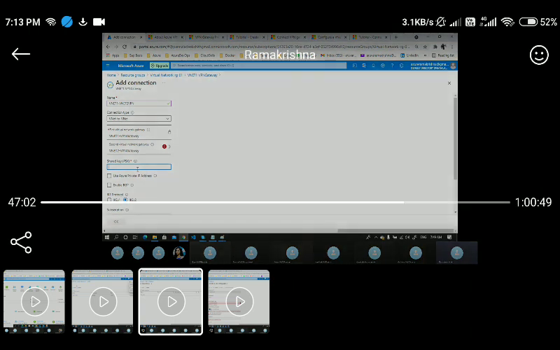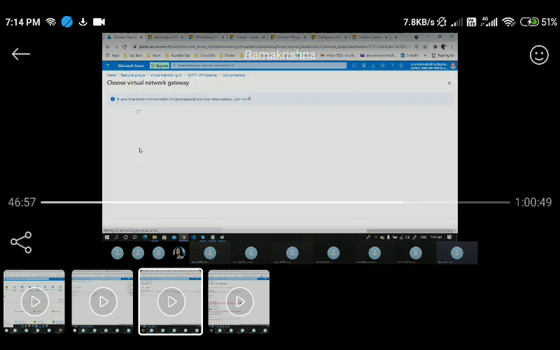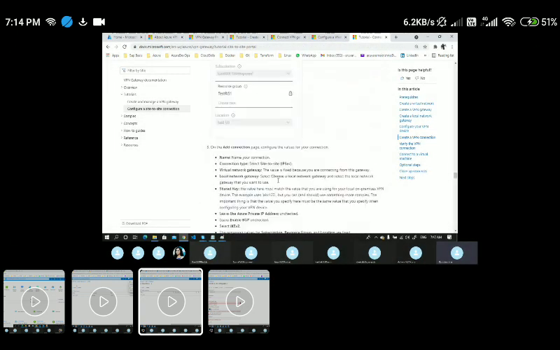And here I need to pass a shared key. The password is the key you have to pass, and you have to create a separate tunnel for that.